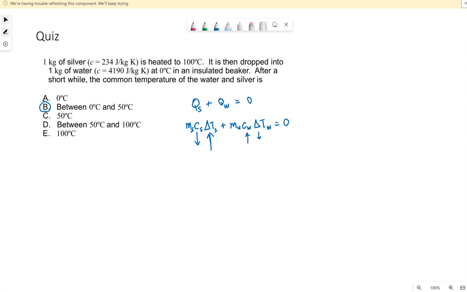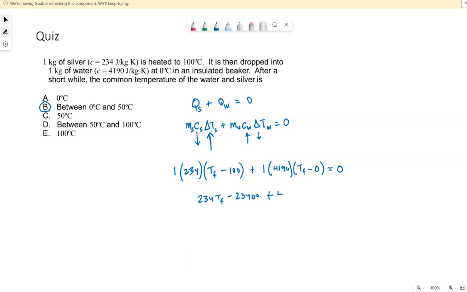In fact, we could solve it if we want. If we put in the mass of silver, which is 1 kilogram, C of silver, T final, they're coming to a final common temperature. The silver started at 100 degrees Celsius, plus the water is also 1 kilogram, 4190 times T final. We were told that the water is initially at 0, so we can solve for this. We're going to have 234 T final minus